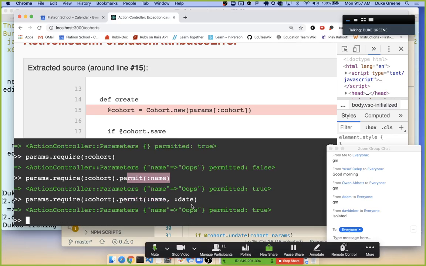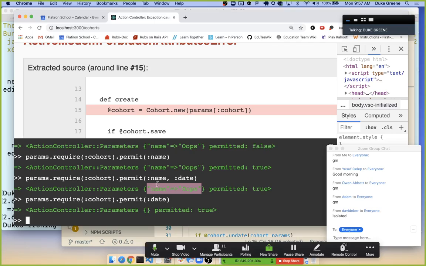Sure. So notice that I can add another key to my permit, but because the original hash that came back only had a key called name, I can only get stuff that's been provided to me. But what's really nice here is that if I only wanted to permit date, if name was somehow a prohibited attribute, the user's trying to submit a name right now, it's not even going to be used. So this is what sometimes people call permitting or disallowing, right? Or like a go list or a stop list. Basically, if you're not on the list of things in this permit, you're not an attribute that's going to